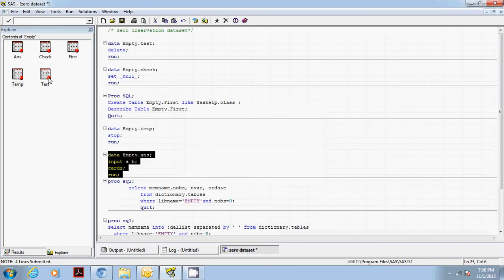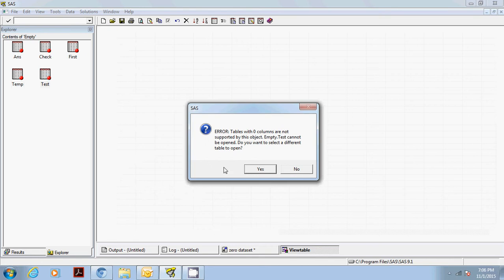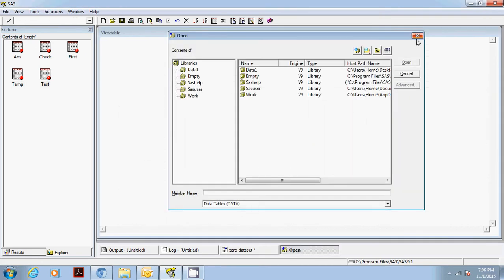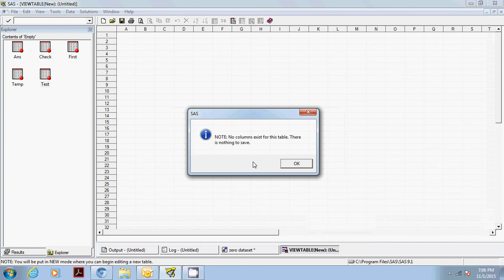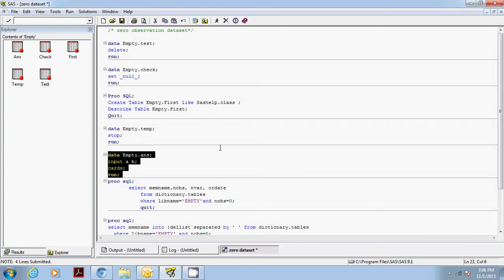And it's going to show this error because you are not supposed to open this. So we have created 5 datasets in the library empty, where you have 0 observation in all the 5 datasets.